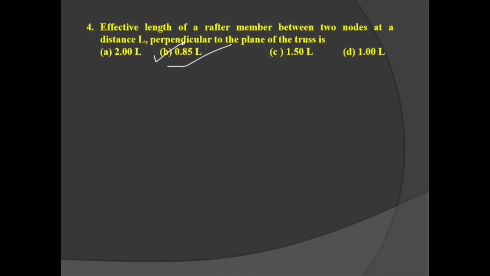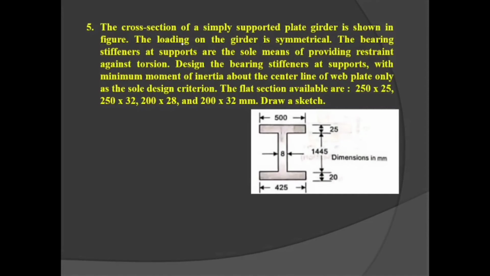Okay, 0.85 L. Now the last question of this particular unit, that is plate girder, gantry girders and the industrial roofs, is question number 5. The cross section of a simply supported plate girder beam is shown in the figure. Loading on the girder is symmetrical. The bearing stiffeners are provided as the sole means of providing restraint against torsion, meaning only the stiffeners are the means. Then some important criteria I had discussed with you people, that is the LS value. If only the stiffeners are the criteria, then LS value, the length of the stiffener, shall always be more than or equal to